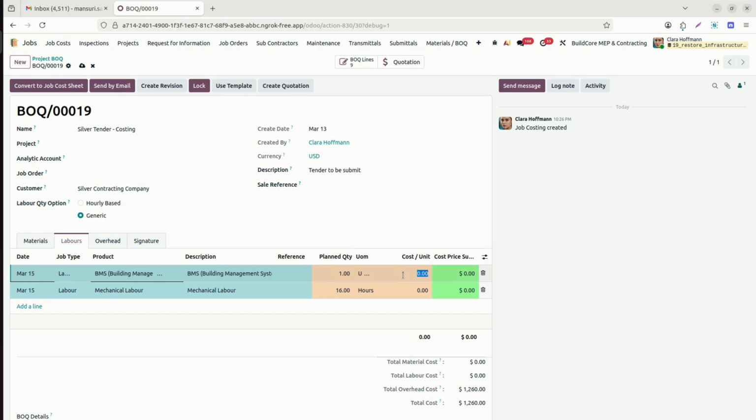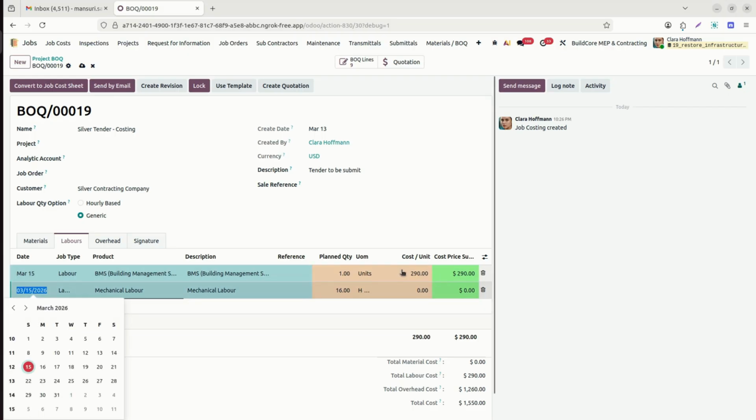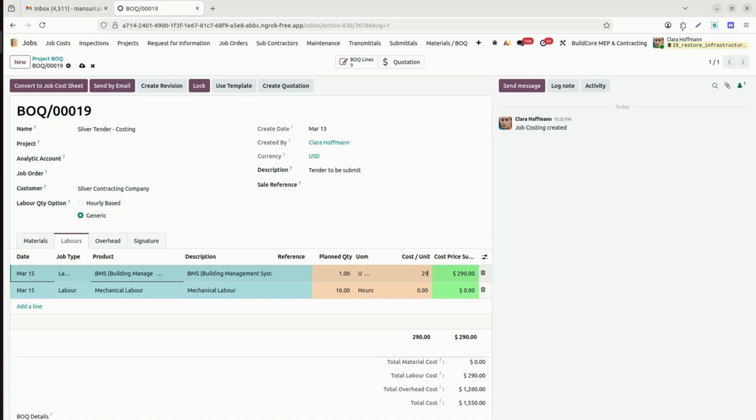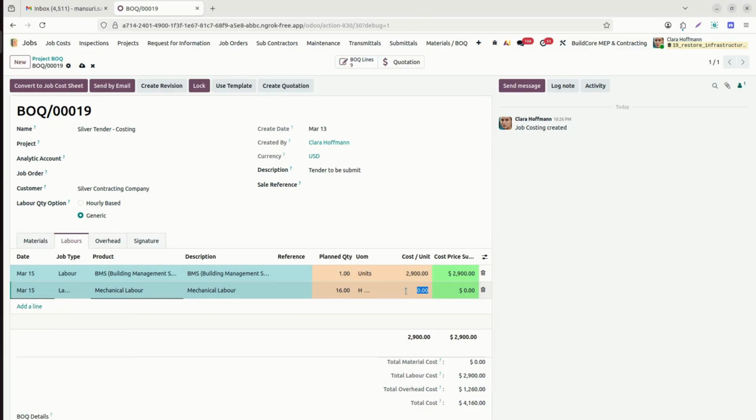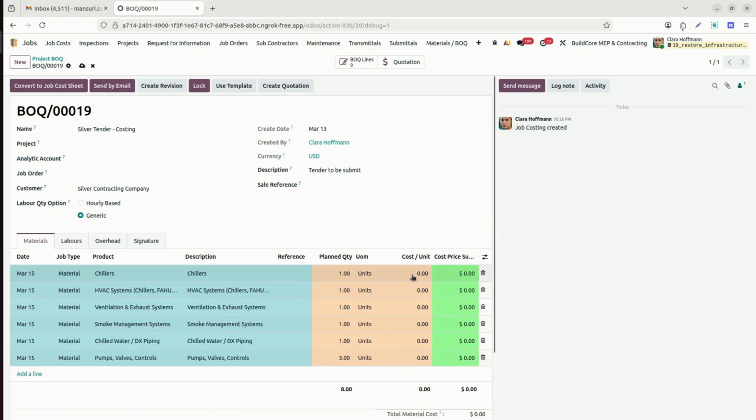Like here I will add, we have the material labor 16 hours. I will enter the materials. We can enter the cost here. Chillers.